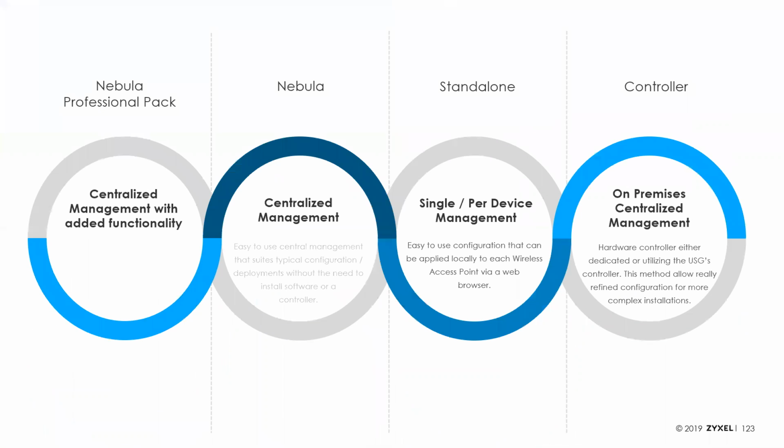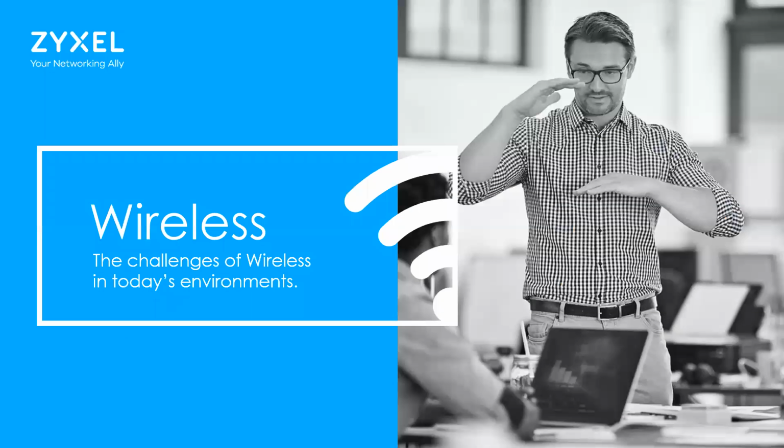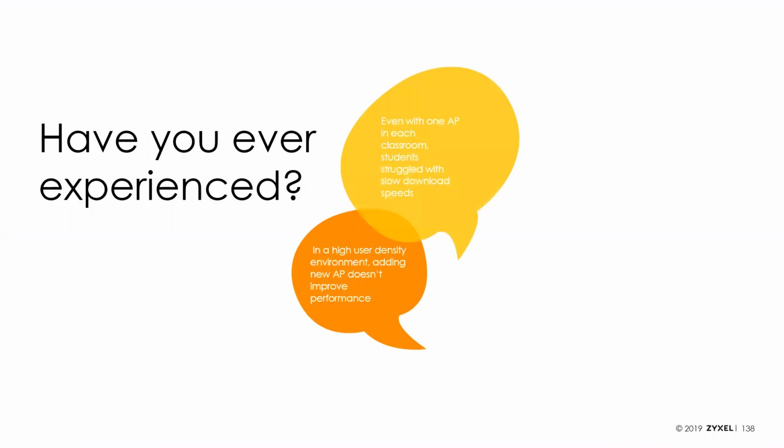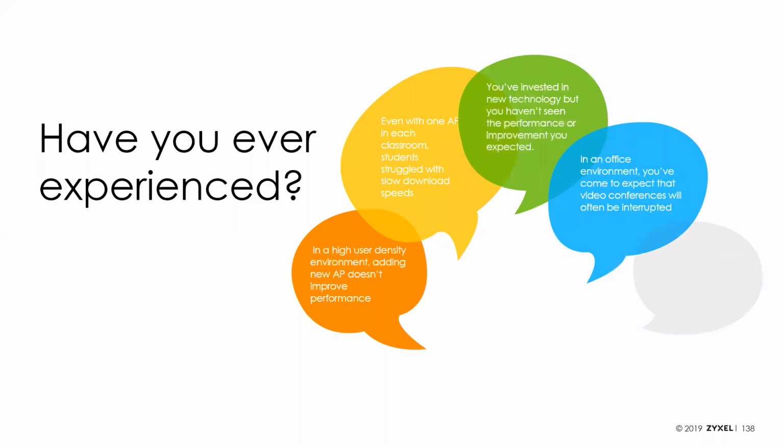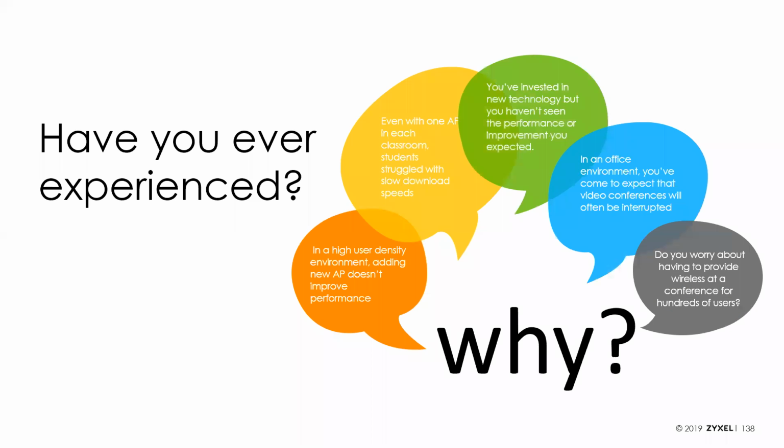So we'll talk briefly here about our Wi-Fi products. When you're looking at our Wi-Fi products, we offer different types of management. We have the Nebula management, Nebula Pro management, which gets you the Wi-Fi health reports, standalone management, go into the IP address, manage the device itself, and APs that can be managed via controller. So one of the cool things some of our APs offer is smart antenna technology. One thing that people aren't really aware of is one of the key problems that people run into when it comes to deploying Wi-Fi